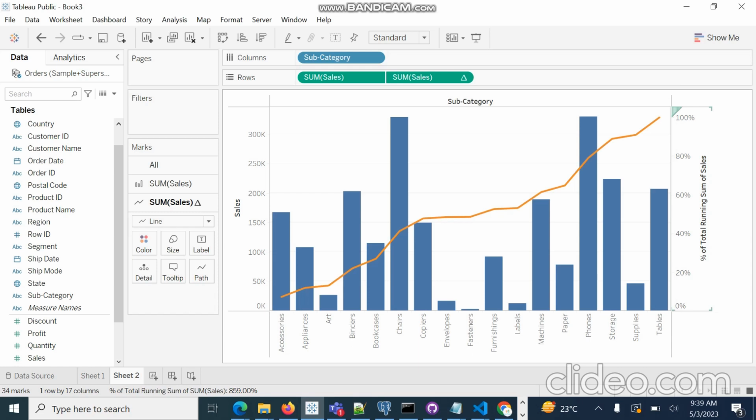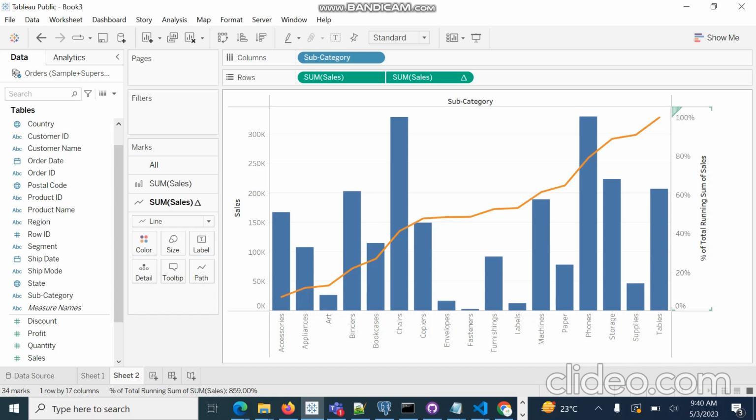So we can see at what point the 20% sale is, where the 40% sale is, where the 60% of the sale is. This is the application of the Pareto chart. This is how the Pareto chart is created, and we can calculate which categories and subcategories contribute the majority.